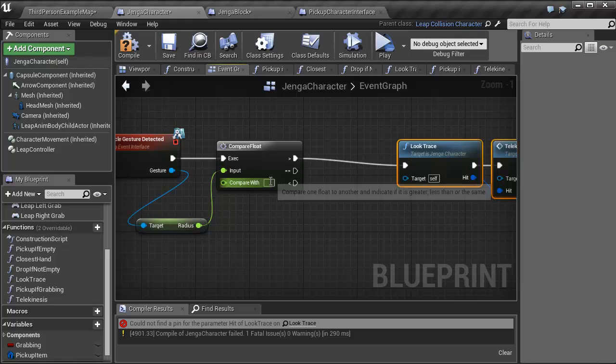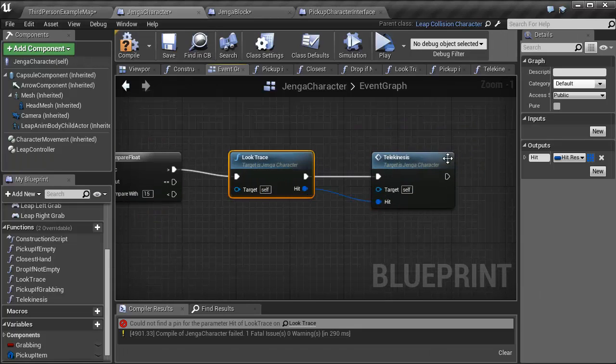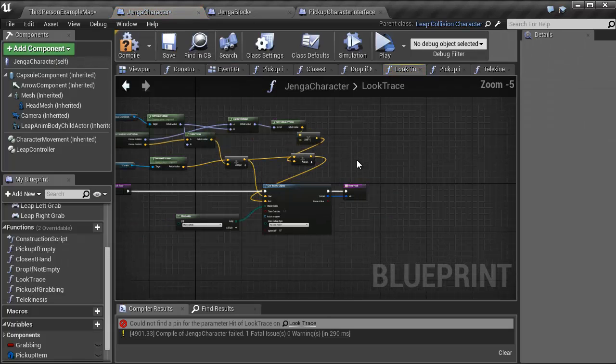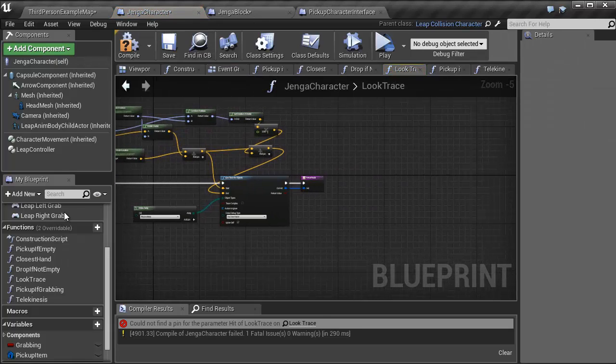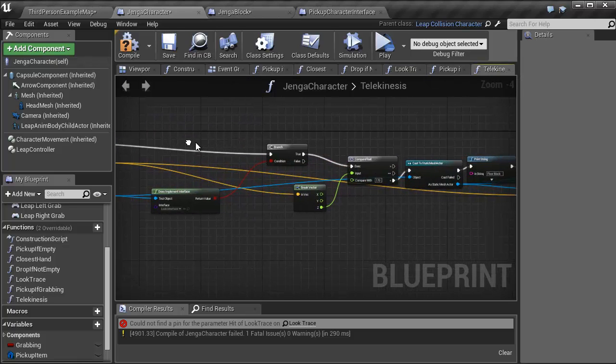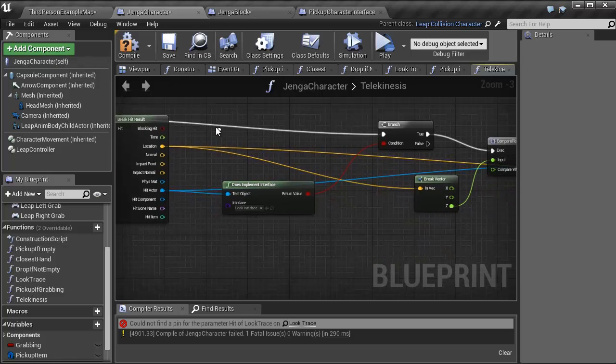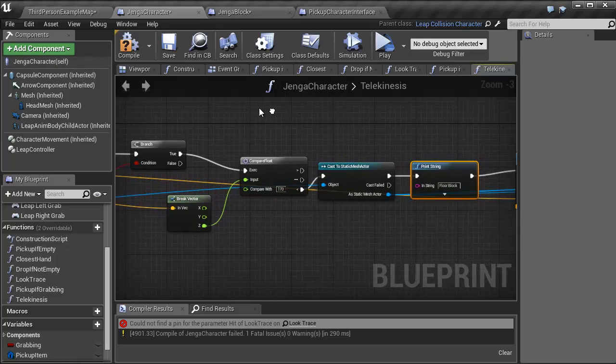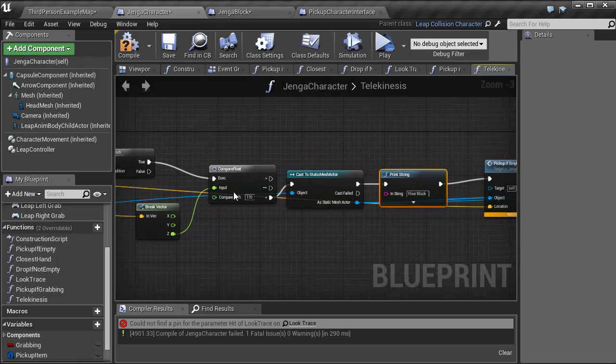In this case, the radius, if it's larger than, say, 15 centimeters, then we'll do the look trace, and as long as the look trace is good, we will do a telekinesis, and we check if it implements the look interface, and if it does, then if it's by the floor,